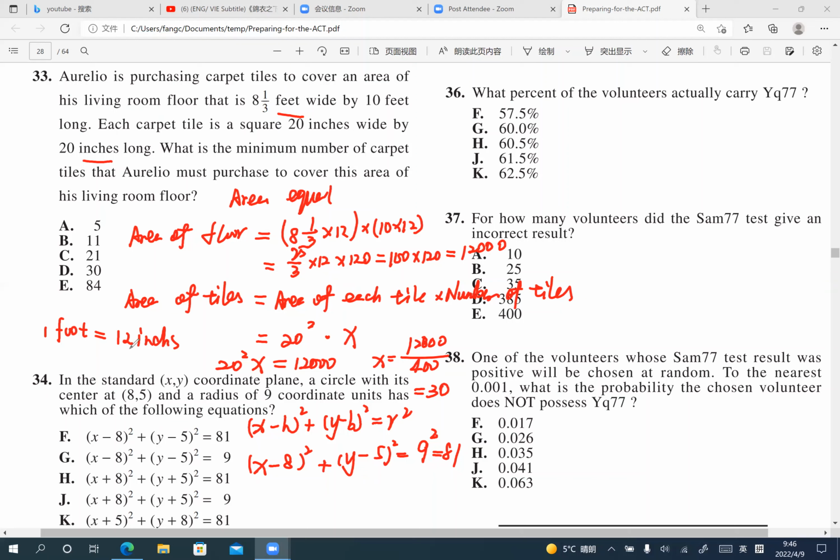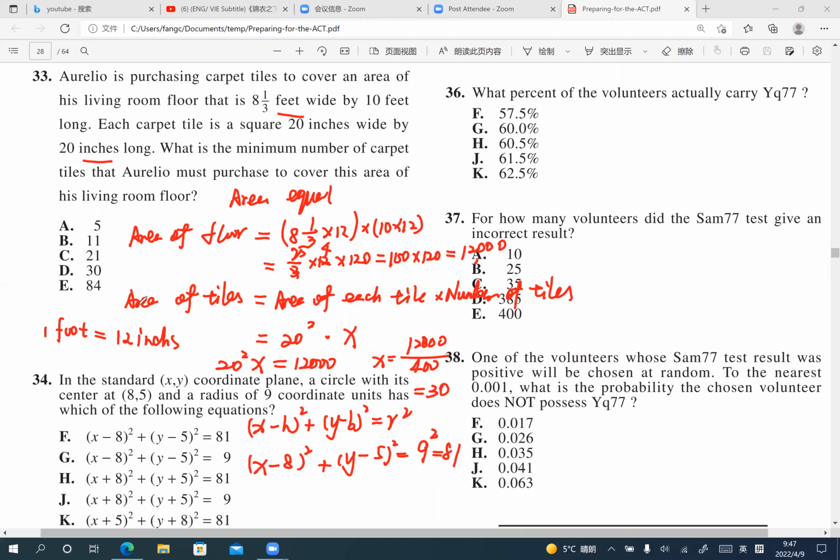Since 1 foot equals 12 inches, 8 1/3 feet equals 8 1/3 times 12 inches, and 10 feet is 10 times 12 inches. So we simplify the expression: 25/3 times 12 times 10 times 12, which is 120. And 3 and 12 simplify, we get 4 times 25, which is 100. 100 times 120 is